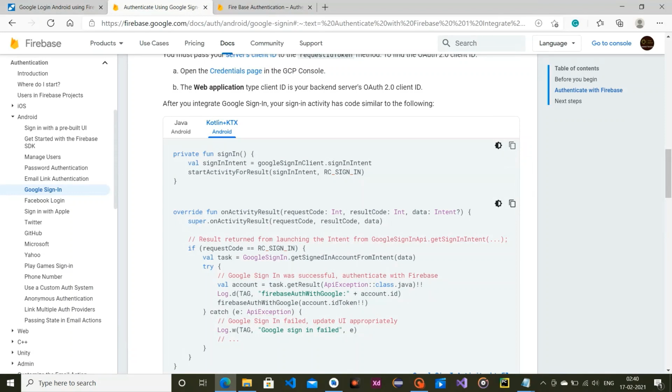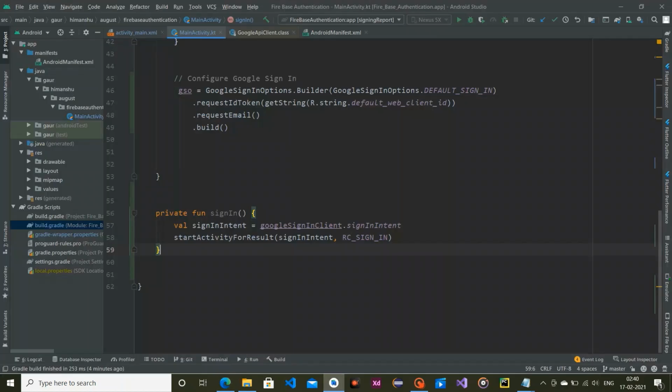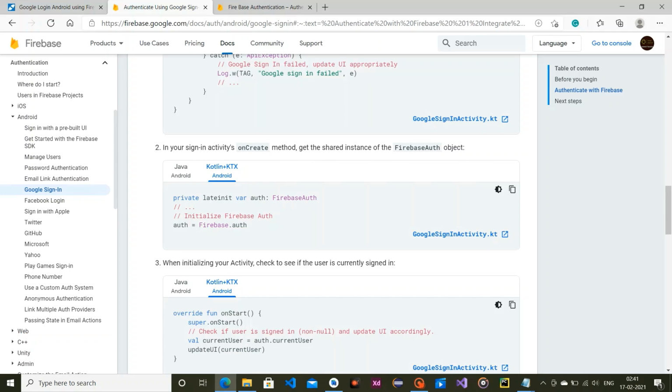Now jump back to the documentation, and we are going to copy this onActivityResult section. Simply paste it over here, and I am making this tag a string. Add this FirebaseAuth.